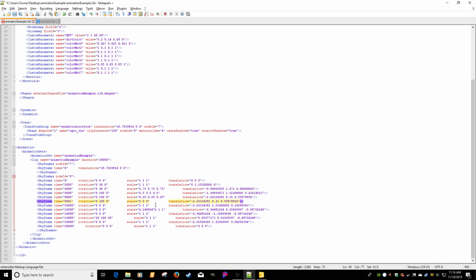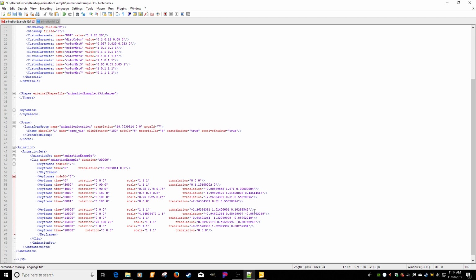Then say down here, copy this line, Control C, Control D. Then at 9,999 we would match all these attributes. So what it's going to do is at 8001, it's going to go scale 0, so it's going to poof, disappear, and then right before 10,000 it's going to reappear at this location. So if I hit save,